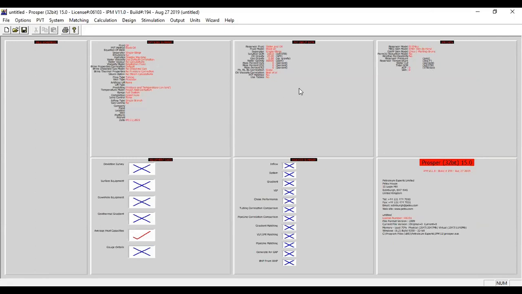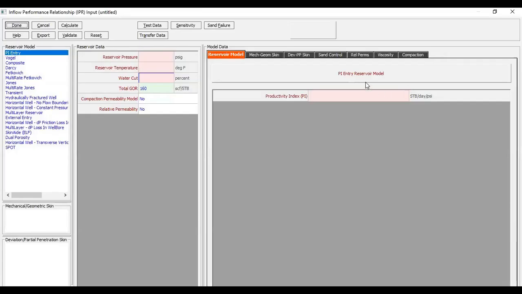From the PVT section, we now go to the IPR section. We open it, and to construct the IPR there are several methods. In this case, I will use the productivity index entry method, like the one I just explained previously.